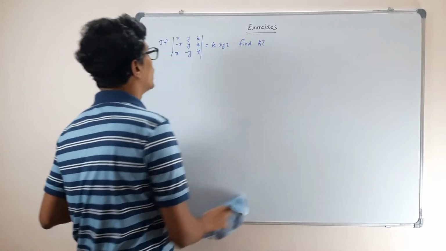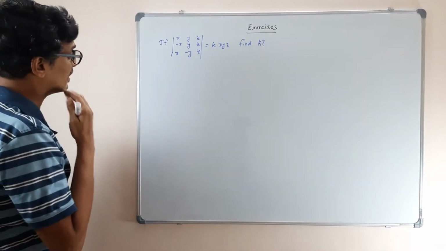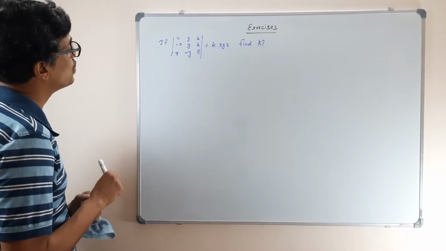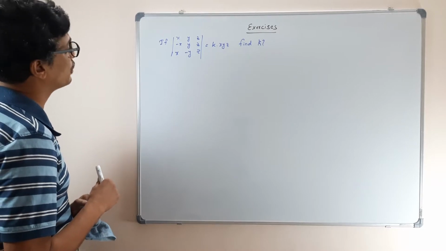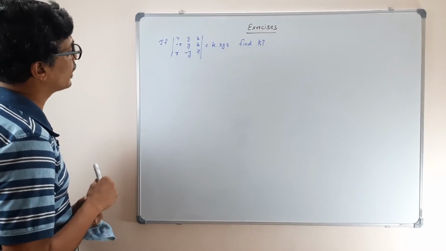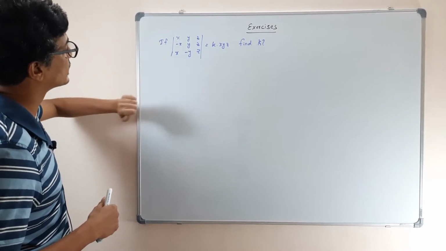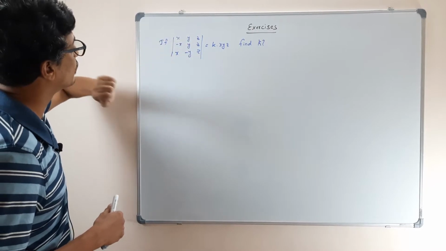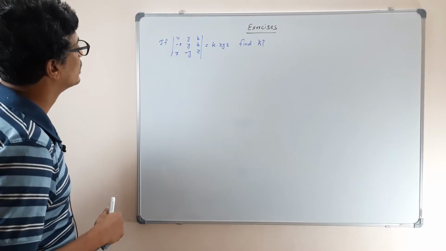For example, let us take this problem. Can we use some jugglery? Somehow we have to do it, right? If you remember, we can do one thing. See, there is a minus x, plus x, minus y, plus y, and z. There is no minus z, right? Oh, no need of minus z. We can take x, y, z outside.